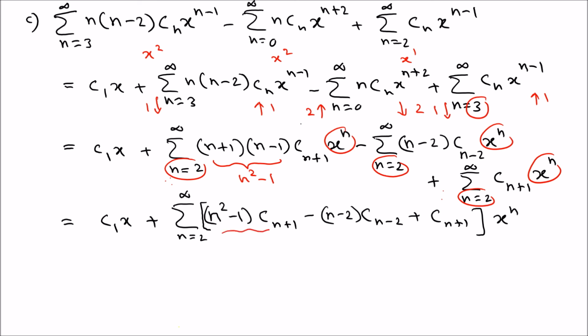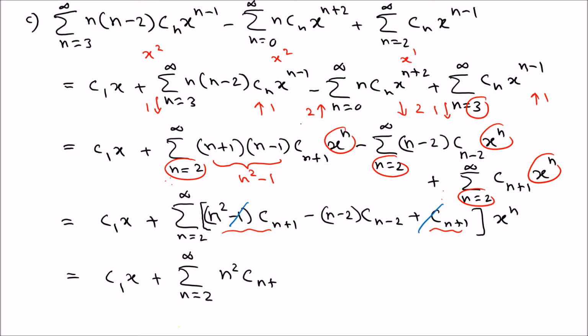Now also see whether there are any other simplifications that you can do. You can combine these two. When you combine those two, we have n squared minus 1. There's a 1 there, minus 1, that gets cancelled. So you can see the minus 1 term gets cancelled with that. So finally you're going to get c1 x plus sigma n going from 2 to infinity of n squared